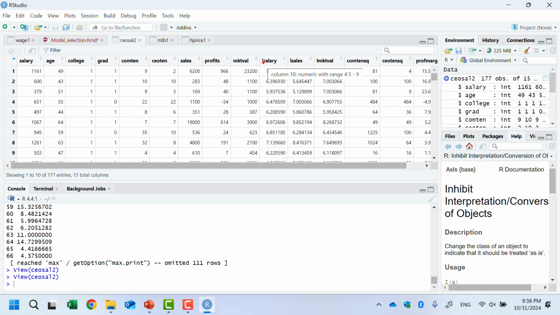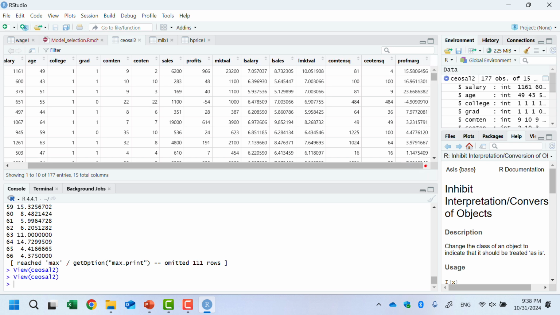Here L salary is the log salary, L sales is the log sales, and L market value is the log market value. This is the company tenure square and CEO tenure square, and performance, which is a profit margin.